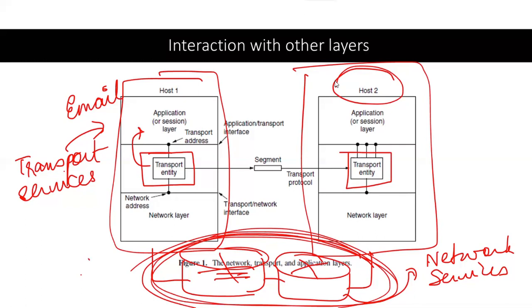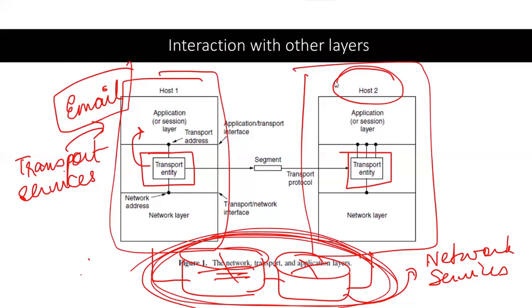You will not accept an email application which gives you only part of the email, where you receive only bits and pieces. You will not use that application. So that reliability is given by the transport layer. To improve the quality of services provided by the application, the transport layer provides these kinds of guarantees. If the network was very stable, worked perfectly, and there was no delay and no packet loss,